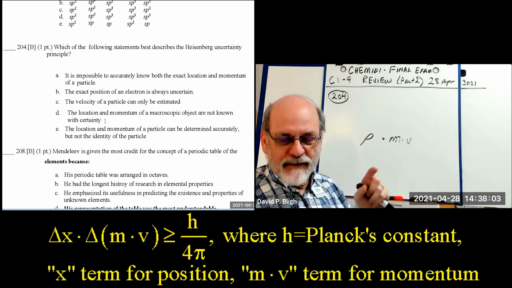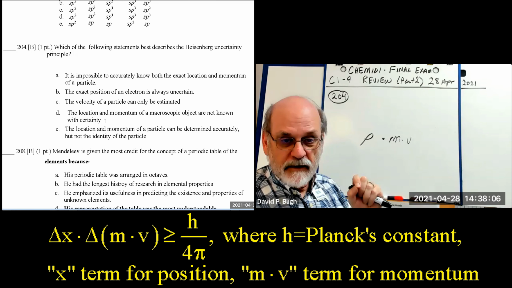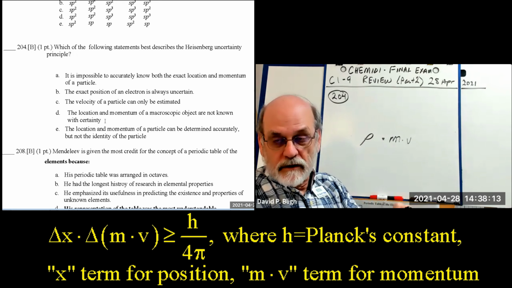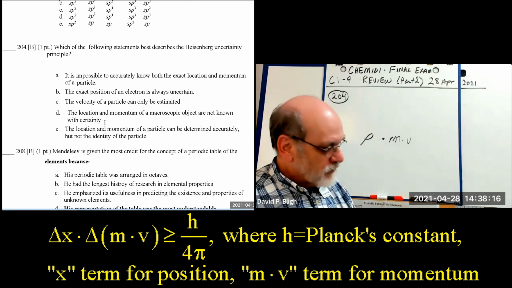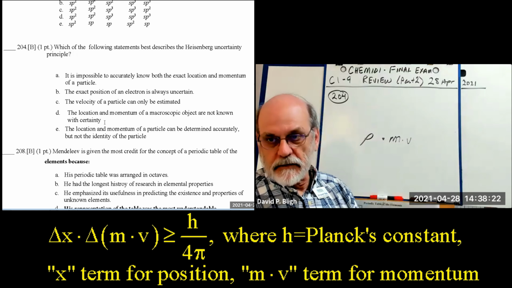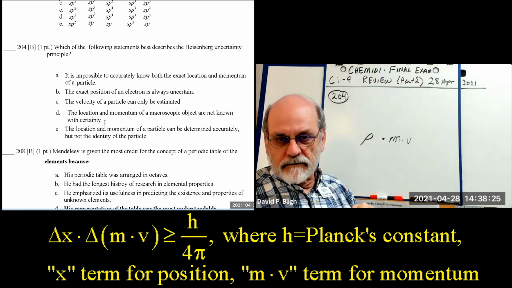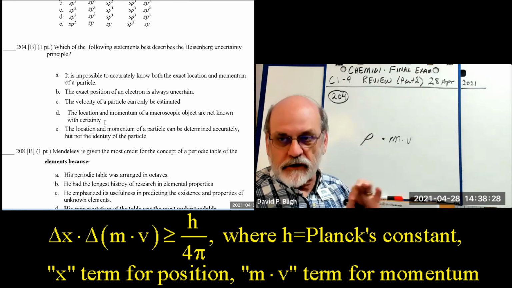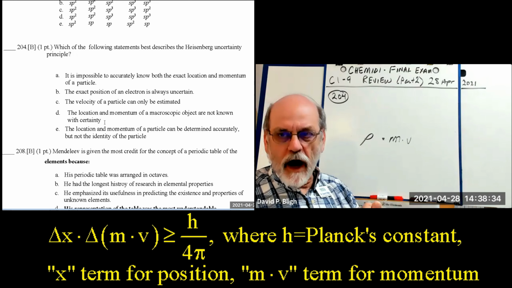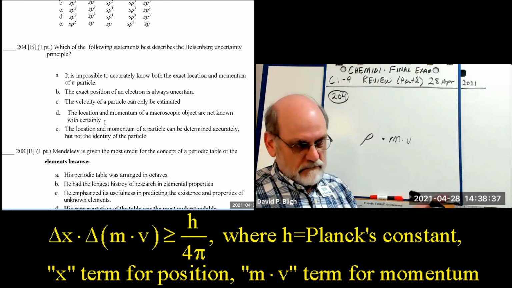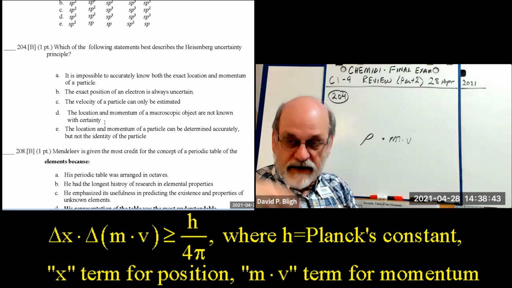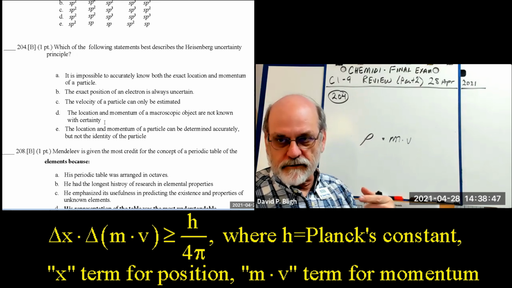Well, actually, the mathematical expression for Heisenberg's uncertainty principle is related to the mass of the object. As objects get larger, the uncertainty principle fades away. So the larger the mass, the less uncertainty there is in measuring both position and momentum at the same time. So an object as big as I am, yeah, you can know where I am and how fast I'm going because I've exceeded the limits of the uncertainty